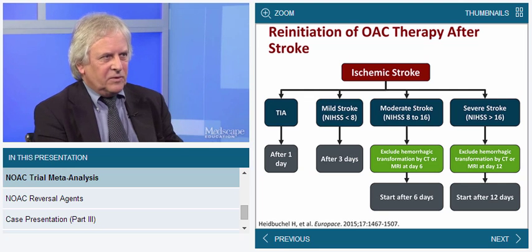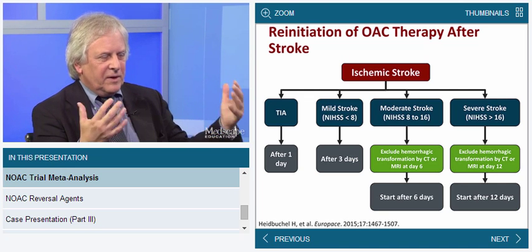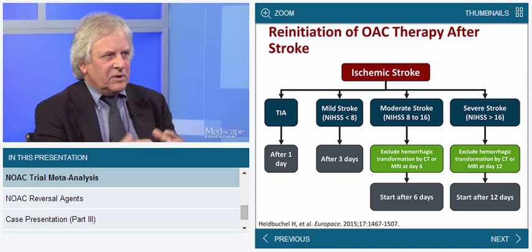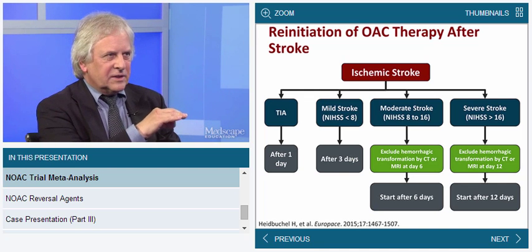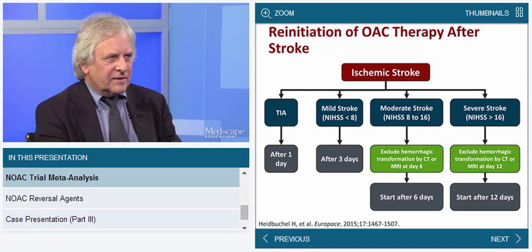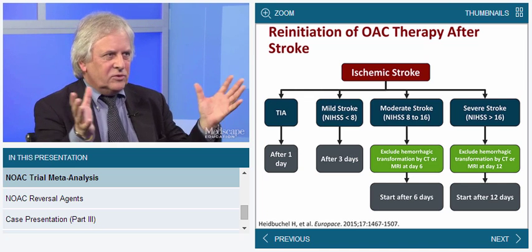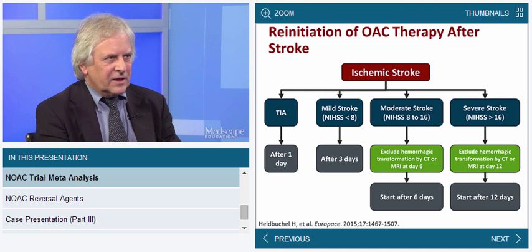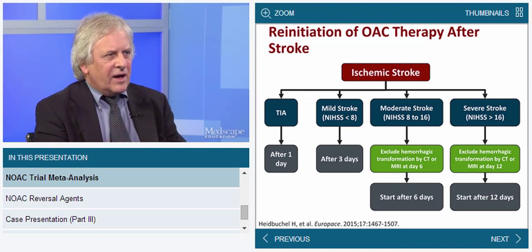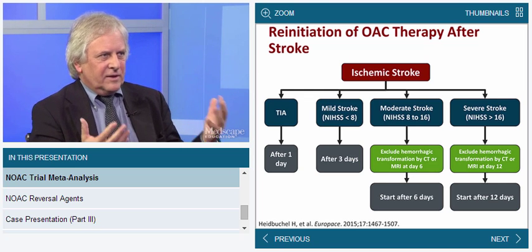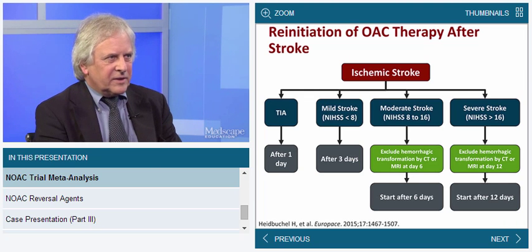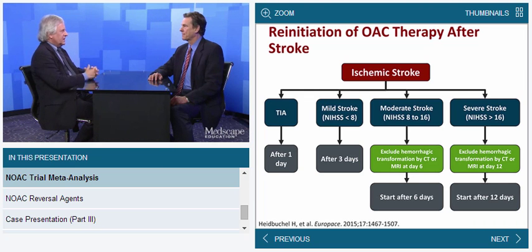It's both. So we first look at the severity of stroke based on the NIHSS score, but we also look at the size of the infarct. You can have a severe stroke with a very small lesion, and in this case you could start anticoagulation, let's say, after 6 days. But you could also have a moderate stroke and a huge infarct on imaging, then you would have to wait. There are other criteria, like, for example, if someone has uncontrolled hypertension, you would have to delay the initiation of anticoagulation until the hypertension is well treated. Okay, well, that makes sense.